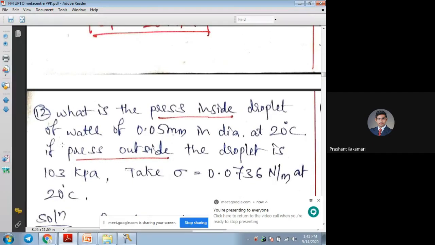So one question is given here. What is the pressure inside a droplet of water of 0.05 mm? See, now the word droplet, once it is written, you recall the equation. What is that equation? P equal to 4 sigma by D, because they are asking about the droplet and some pressure. So relate the droplet concept with the pressure, that is P equal to 4 sigma by D. Now we need to find out the pressure acting inside